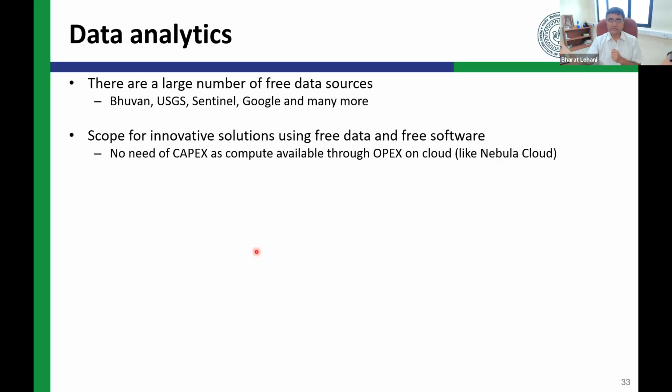Rather, you go to this platform and immediately within a couple of buttons, you can access that machine and you start processing your data there. You pay for this machine only for the time that you use it. Also, for example, I want to do some processing on ISRI software, but I don't want to buy it. I can use the ISRI software or many other software by going to this platform. So I'm using the compute as well as software technologies from a cloud platform.